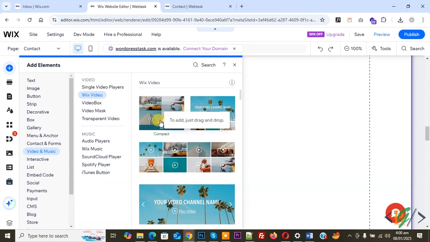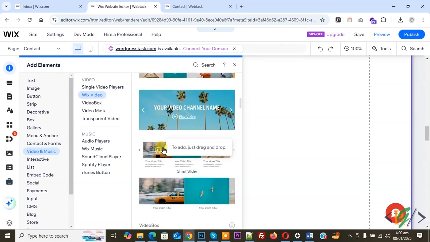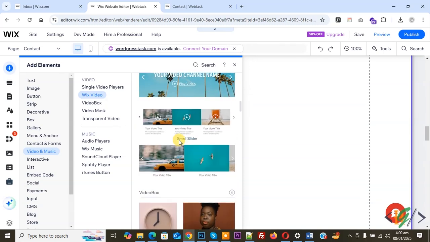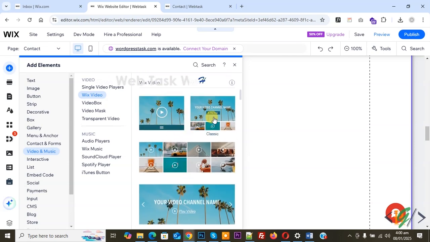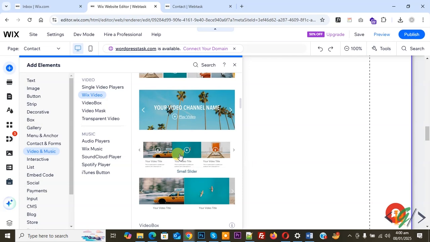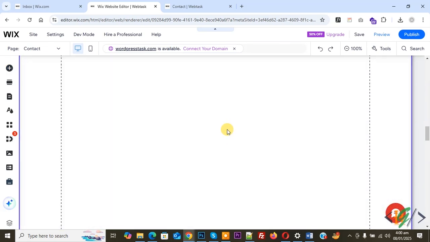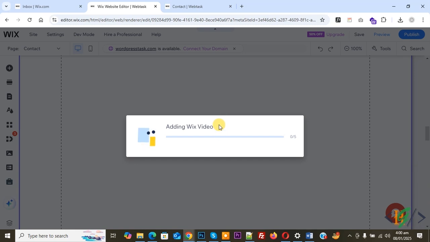So this is our classic layout and this is our slider layout. Now you see big slider, small slider. If you want you can select classic also, so it's up to you. So this is our grid and this is our compact design. Now select small slider, so drag and drop anywhere you want, and then we are going to connect this slider